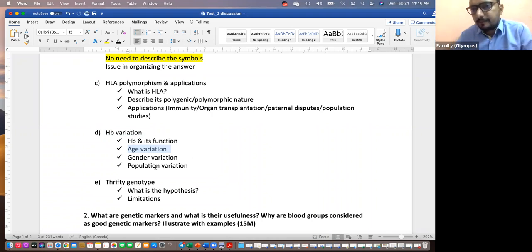Gender variation, the quantity of hemoglobin, which you gave. Some of you have given a full chart, you don't have to give full charts. Talk about females, males, children, that is enough. And the population level variation, hemoglobin variation, I think you have nicely pointed out HBS and specific varieties, especially for the sickle cell anemia condition. You mentioned those variants. Okay, I'll show you one of your answers.